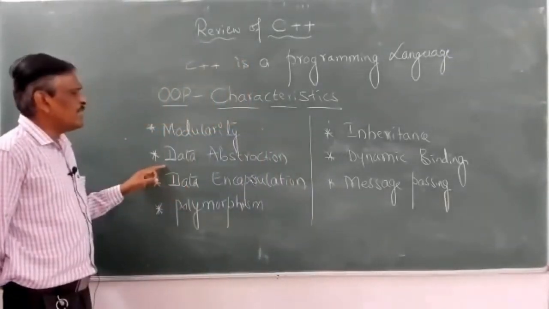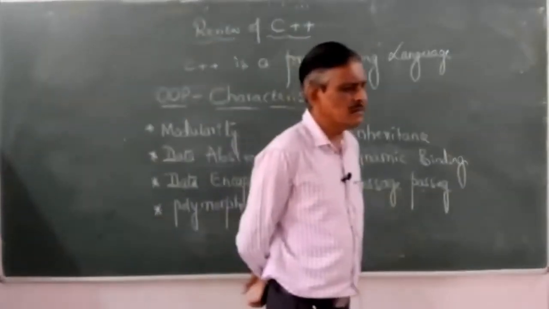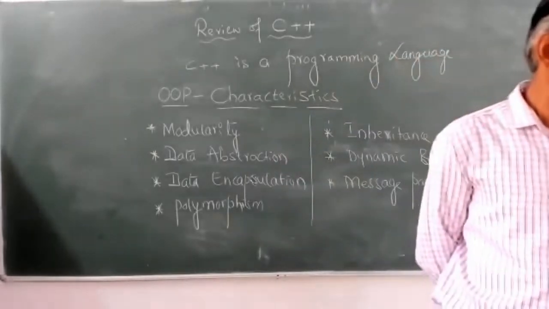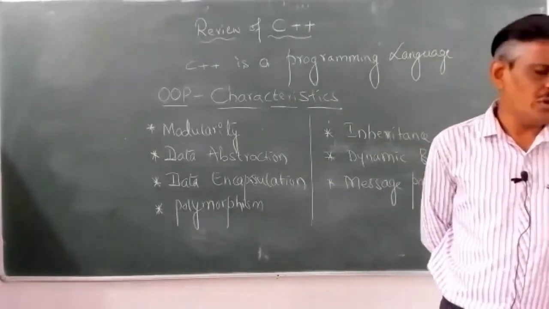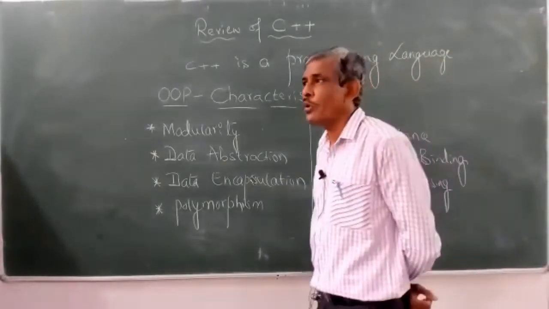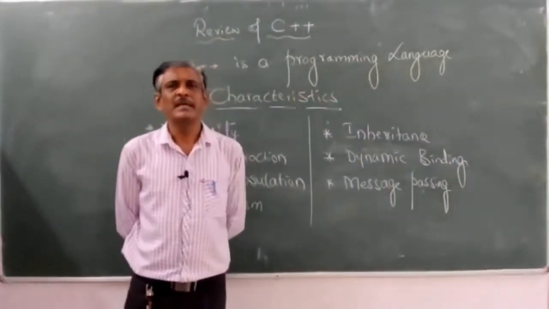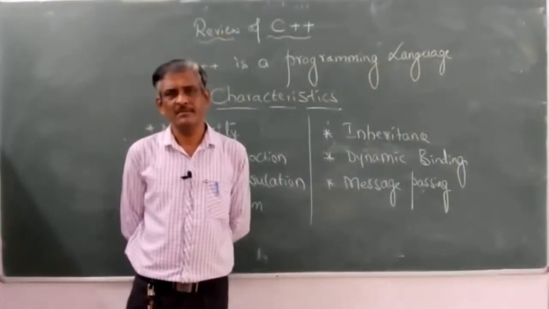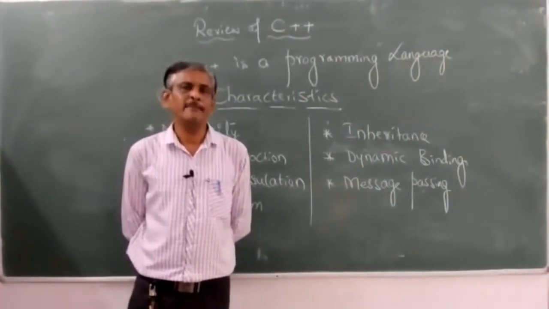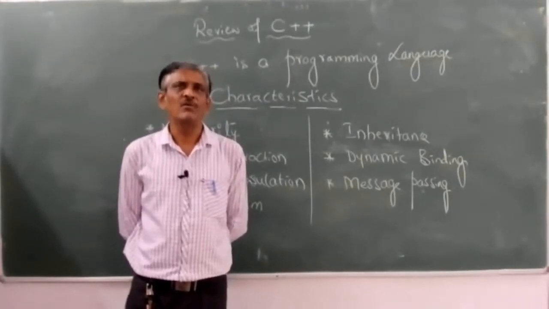Then the second one, data abstraction. This data abstraction permits the user to use an object without knowing its background details or explanations. Data abstraction permits the user to use an object without knowing its background details or explanations is called data abstraction. For example,